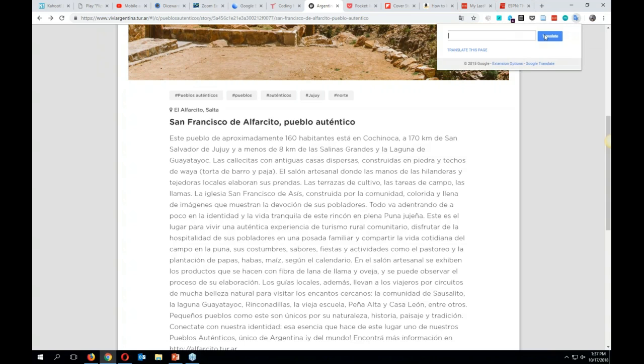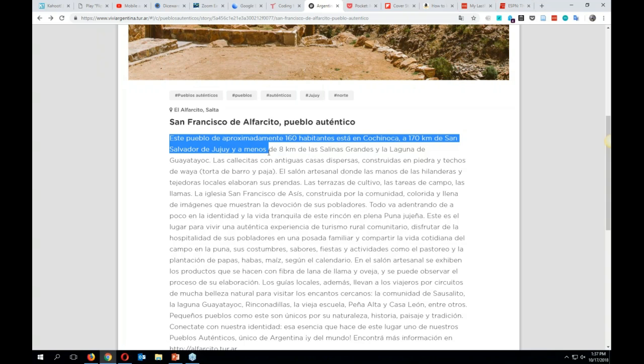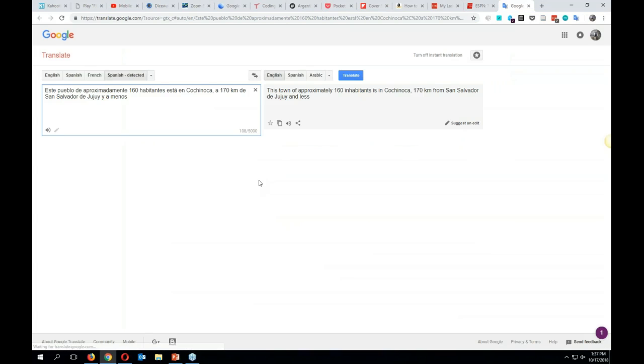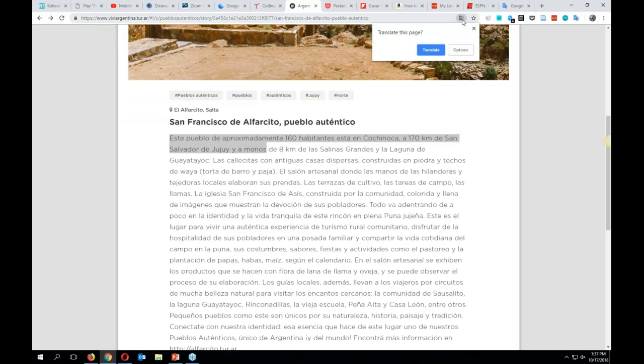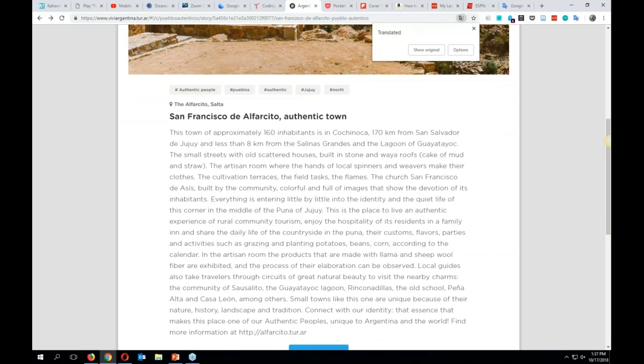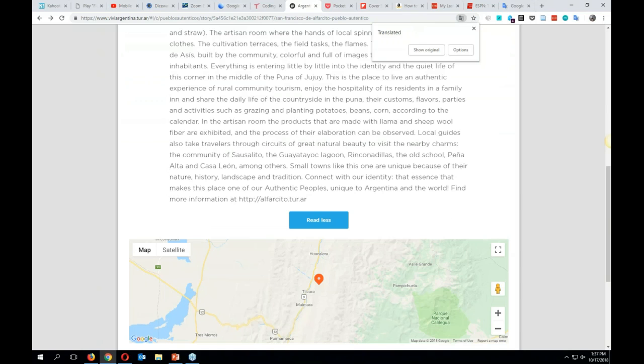So if I click to translate, I can either paste in information. So let's just try this real quick. I'll copy that, and I can just hit that. Oh, there we go. And it's translating for me right there what that means from Spanish to English. Really nice little handy tool to have in your browser. If I want to translate the whole page, I just click this and I say translate the whole page, and there's the whole page translated into English for me.